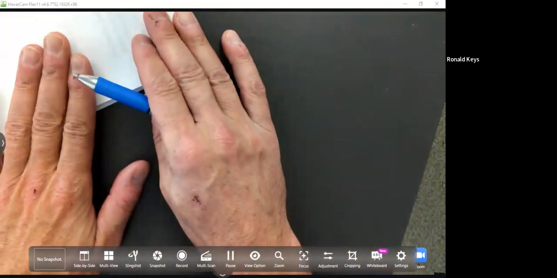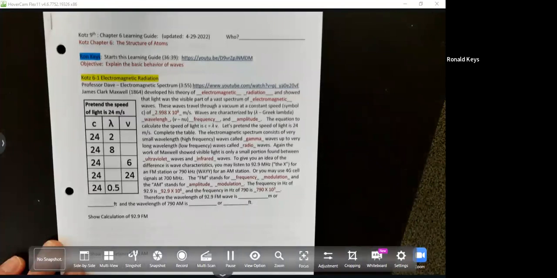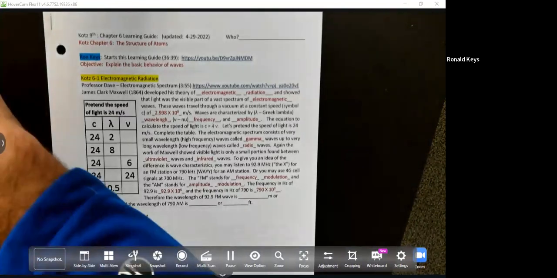So again, this is 6 and 7 together. And I don't think there's 2 parts. I think chapter 6 in OWL is 1 part, and I think chapter 7 in OWL is 1 part. But I'd have to double check. Now,